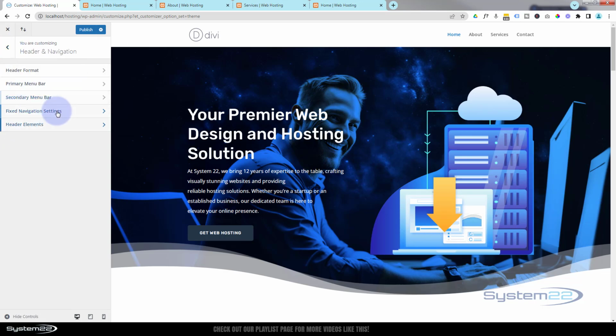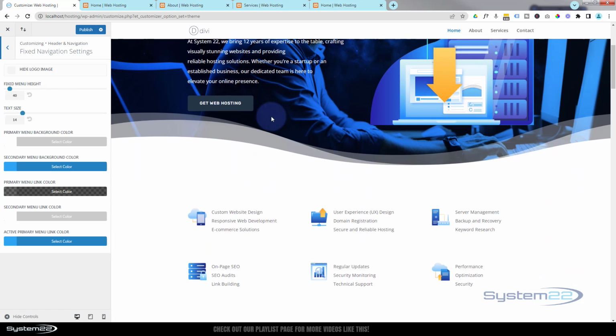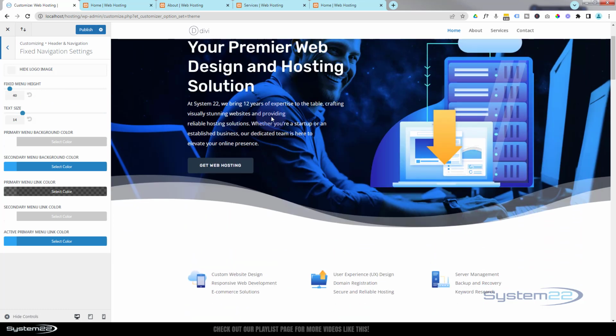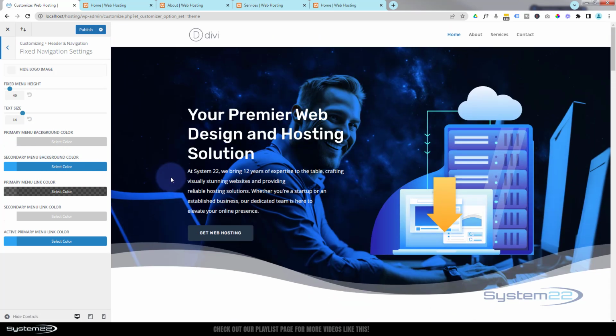So let's look at our fixed navigation settings here. And what the fixed navigation settings are, if I roll down this page, you'll see that shrink. That's fine. But when it shrinks like that, that is the fixed navigation settings. So you can have that change color if you want by giving it a different background color here or whatever you want. If you want it to not shrink at all and be the same size, if we go back